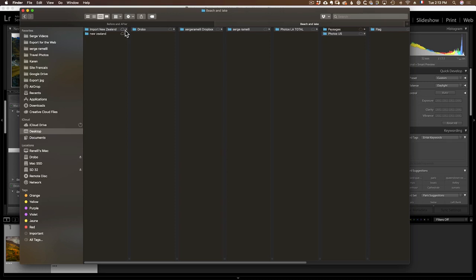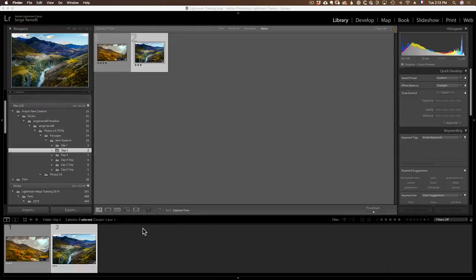I export as a catalog and I import in my main catalog. Now, since I pay Dropbox $75 per month, I have another system now because when I'm traveling, I'm putting all my photos on a special folder called Travel. And that folder is my Dropbox. When I'm home, it's already on my main computer. And all I have to do is synchronize my travel folder. Let me show you how I do that.